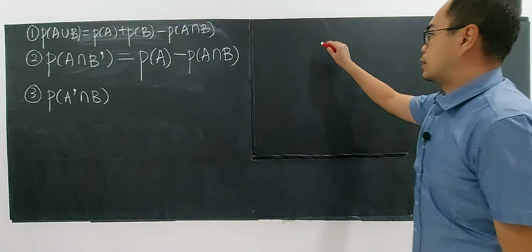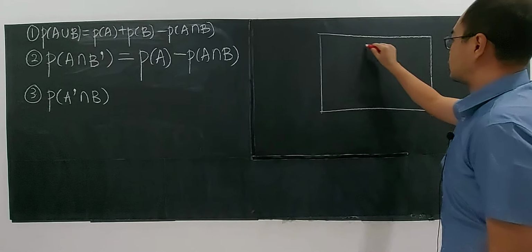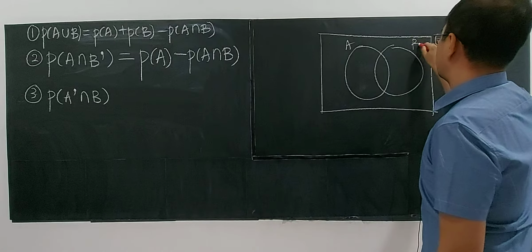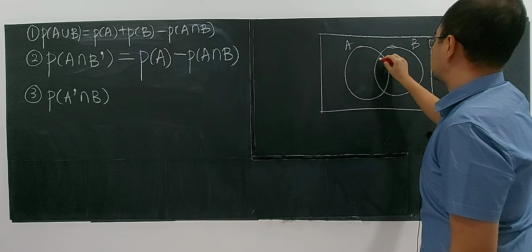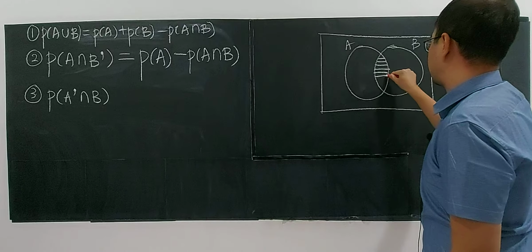Let's say I now draw a bigger diagram. So there's an event A and B. Just now you already know that for this region, the region that has horizontal shaded lines,